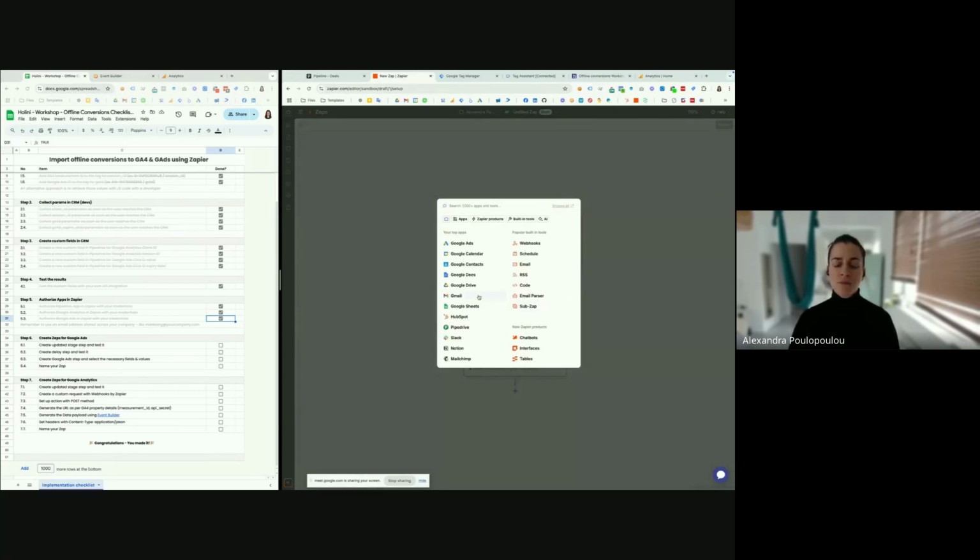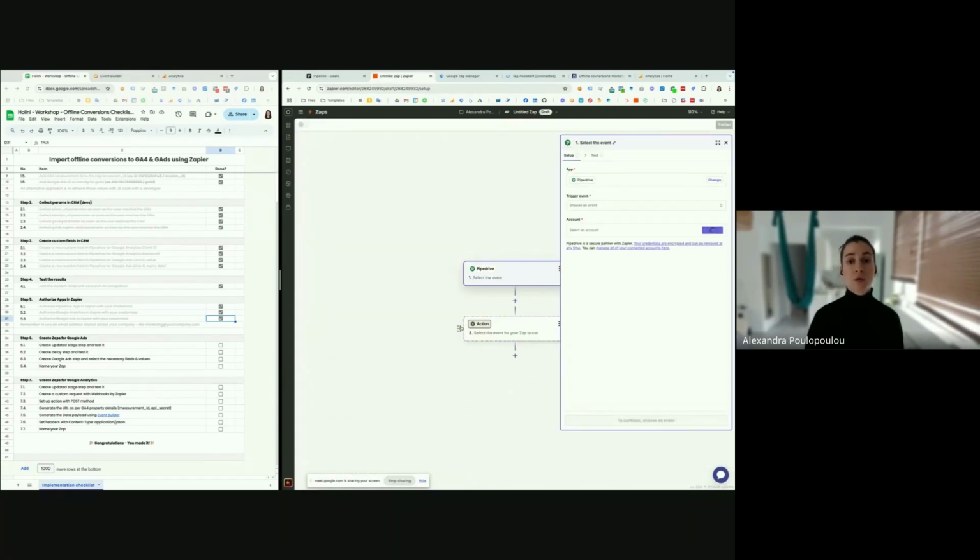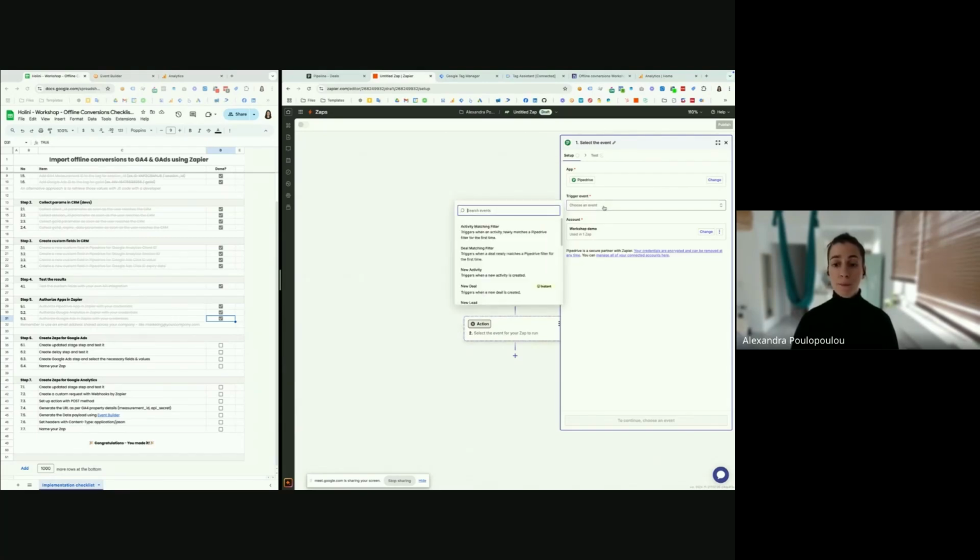For the trigger, we are going to use Pipedrive, because the trigger will be that a lead was updated from one stage to another. For this event, we are going to use that a lead moved from the new lead to the SQL phase.